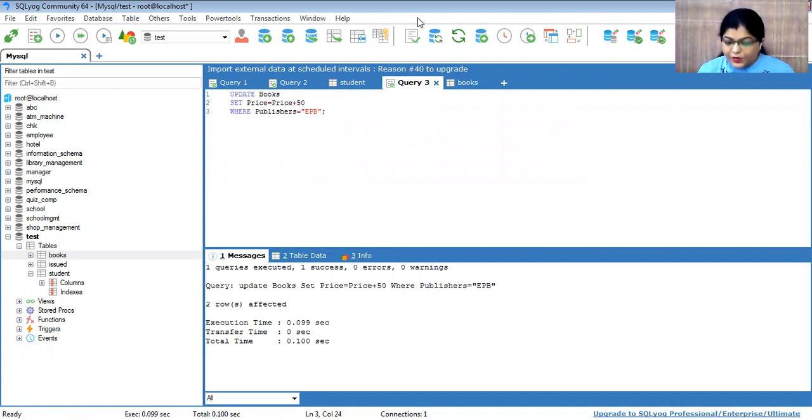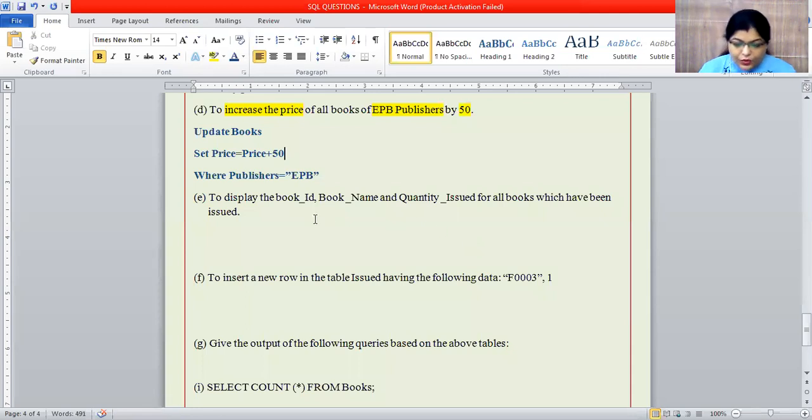Okay, now come to the next one. To display the book ID, book name and quantity issued, means in the select you have to write all these columns. So select book_ID, book_name and quantity_issued for all books which have been issued.